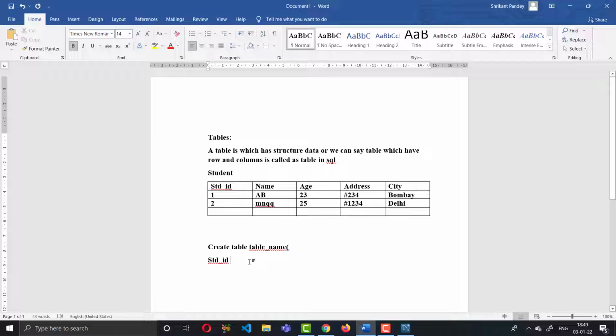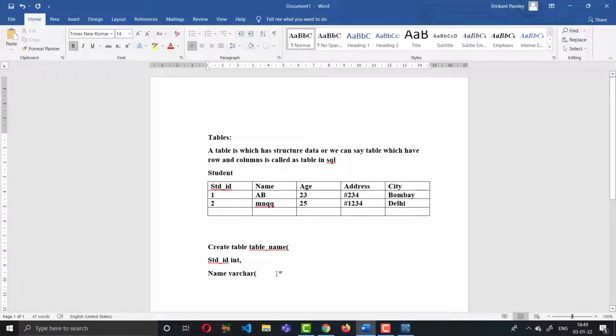For the student id I want to make it an integer data type, so select integer here. Then suppose I select another attribute, name. Name should be in string format, so we will use varchar here. Varchar is a kind of string data type.